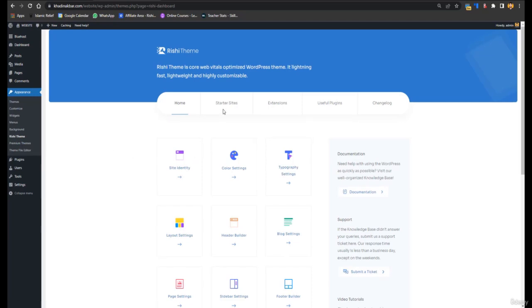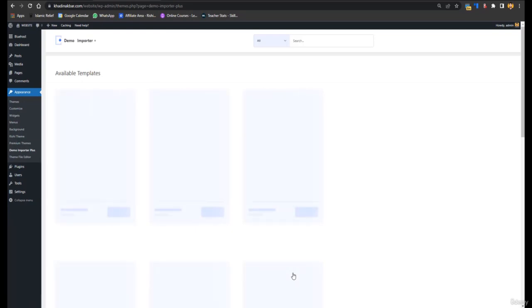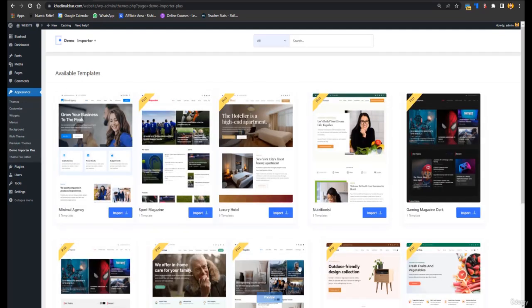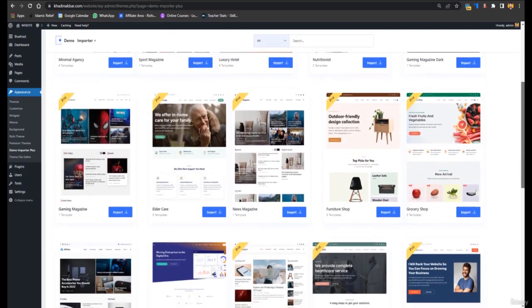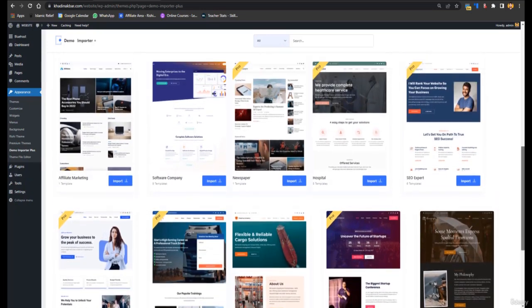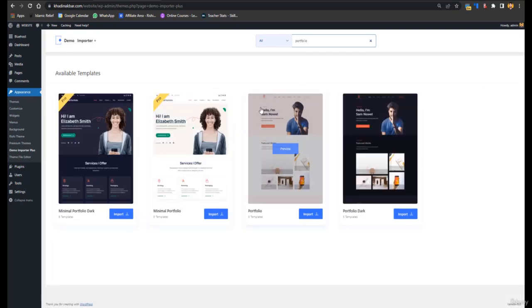and in Rishi theme just go to starter sites and click on install starter templates. Now here you have all the starter templates. You can not only just create a portfolio website, but you can create different types of websites, and all the websites demos are mentioned there. But we want to create a portfolio website, so I'll just search for portfolio, and here you go, we have the portfolio dark and portfolio light. You can select any one of them, but I just showed you this one, so I'll just select this one,